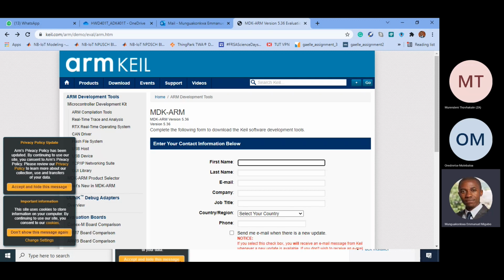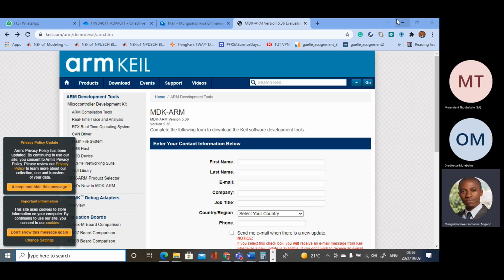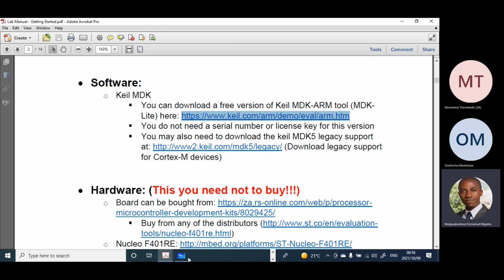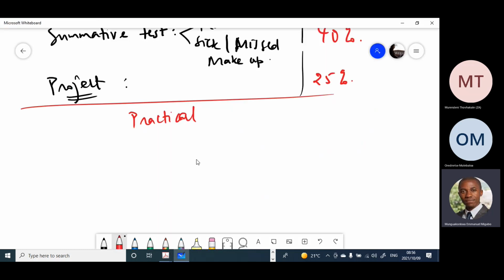We will use this in this subject in the embedded world. After you've downloaded the IDE, of course, in the embedded world, one of the most common things is called SourceTree, but it's just a plugin for GitHub. So it's Git actually, but we use it through SourceTree. So you'll download and install the Keil MDK 5